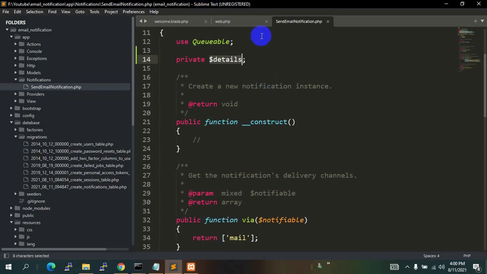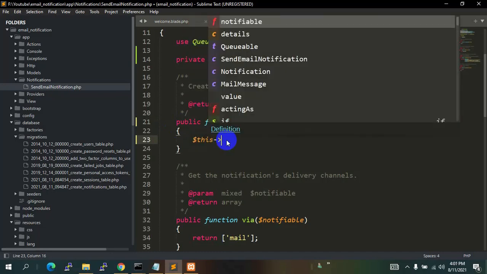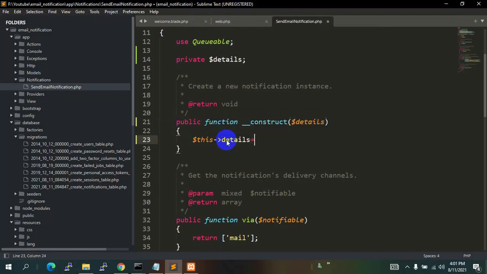Now this details variable is going to help us send different messages in the email. So now over here you can see public function __construct. In this bracket we are going to say $details, then we are going to remove this double slash, then we'll say $this->details = $details.